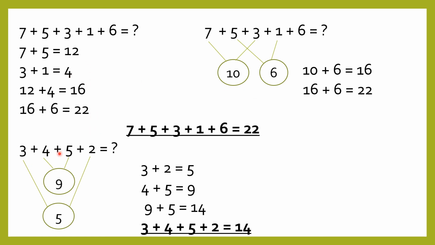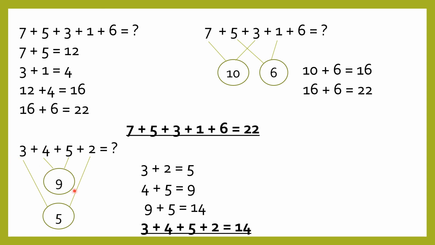What is 3 plus 4 plus 5 plus 2? I could have really very easily gone for the step by step method, which was 3 plus 4 is 7, 5 plus 2 is 7, and 7 plus 7 is 14. Here I am going for the opposite of the breaking method, which is the joining method.